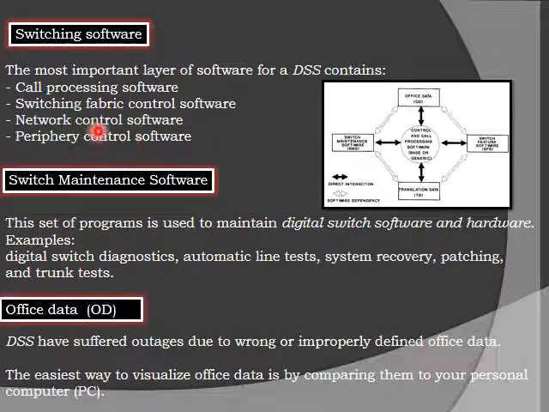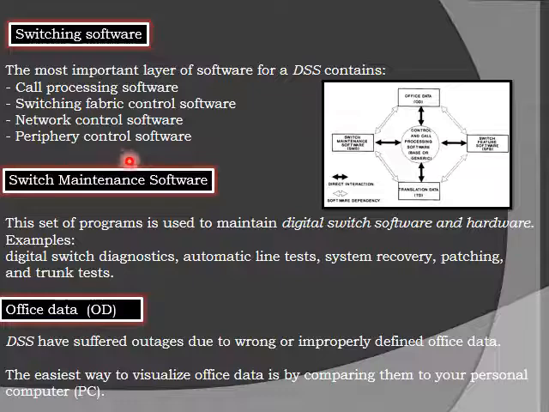Next one is the network control software. This is mainly concerned with the second level control, that is NCP, which we already discussed in the last video. NCP recovery, system recovery will come into the picture here. If one of the NCPs is made the control, then it is responsible for the recovery of the failed one of the remaining NCPs. Otherwise CP will come into the picture. So that whole management is managed by this network control software.